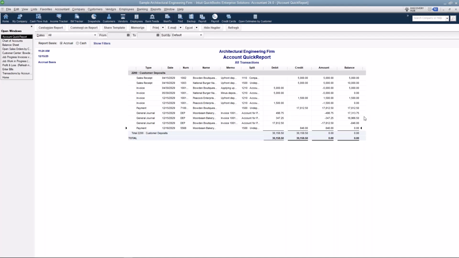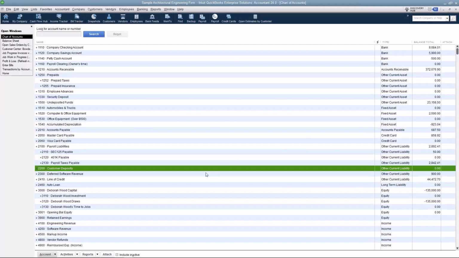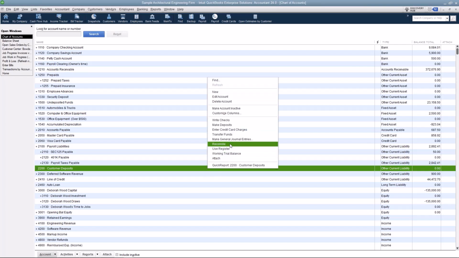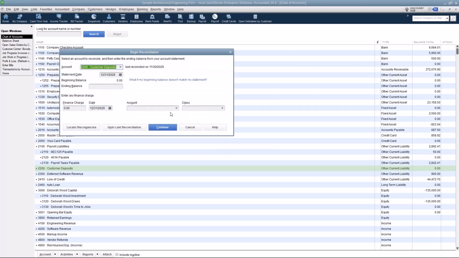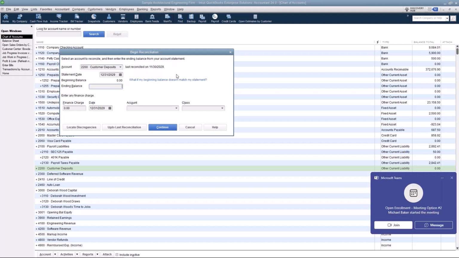So how do we make sure that our customers are actually using their prepayments or that we are remembering to apply those customer deposits? Okay. So QuickBooks will allow us to reconcile almost every balance sheet account. So my recommendation is always to reconcile this account as frequently as you feel like you need to, right? If you take a lot of customer prepayments and you're applying them and you have a higher volume of transactions that would go through that account, maybe you need to reconcile once a week. If you only take prepayments every so often, maybe you don't need to do it but once a month, right, with your regular month-end close, okay? Because this is a non-statement account,